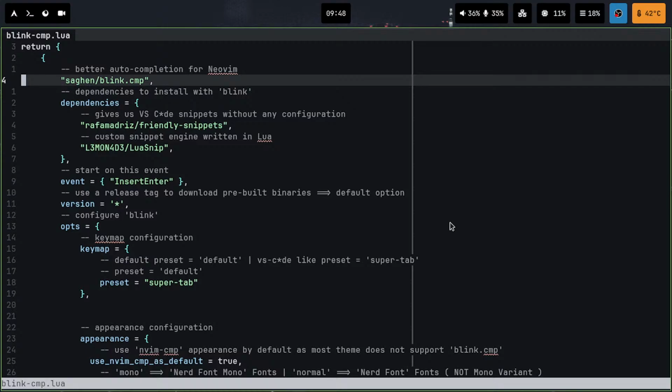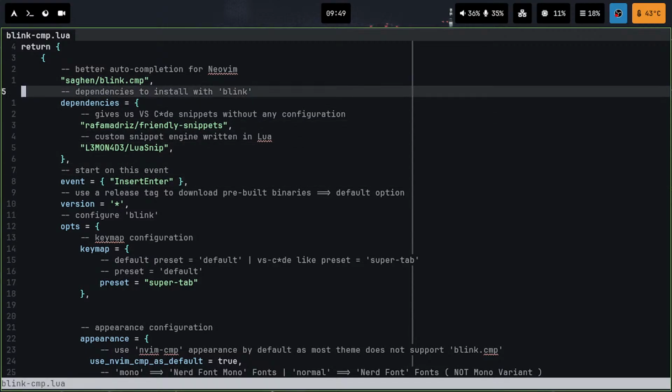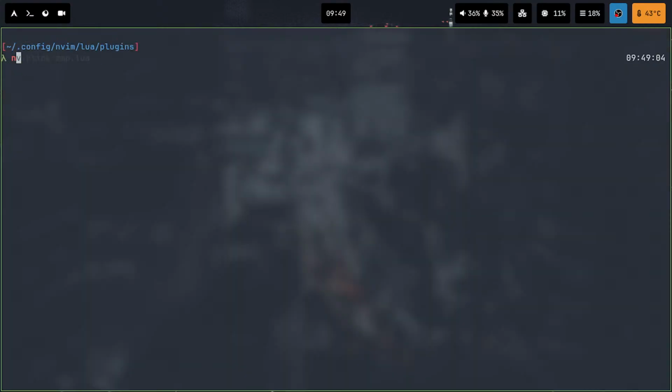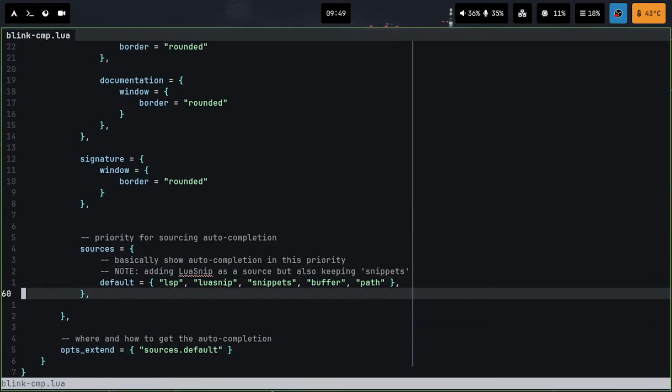I like a new configuration. So this is the third iteration of the new configuration. I know I'm talking trash, but in my mind I understand it. That's what I have for the moment. So I'm using blink, and I am using friendly snippets. Quit without saving first of all, and this is my configuration for now. But I want to change